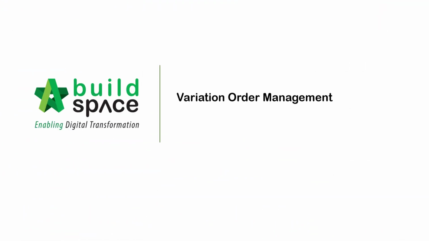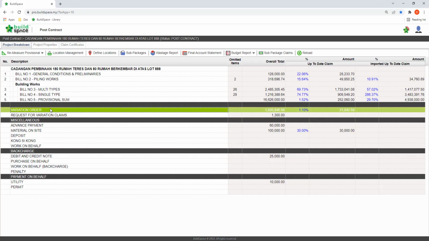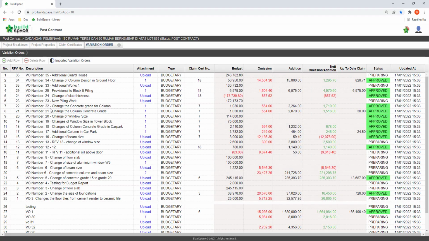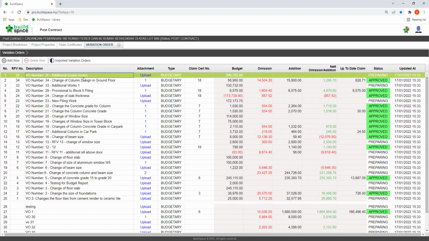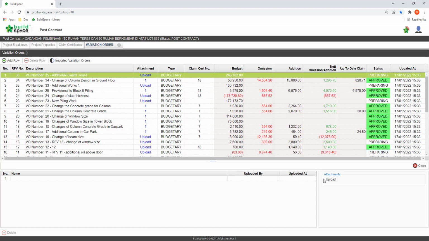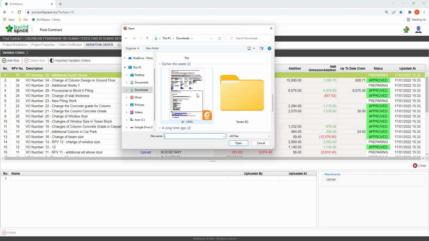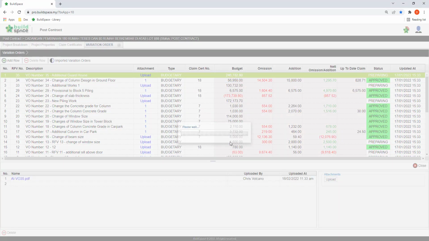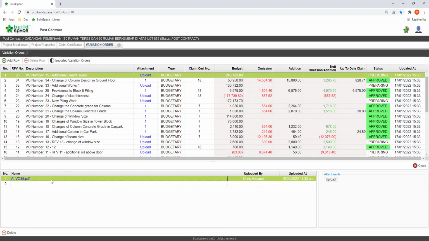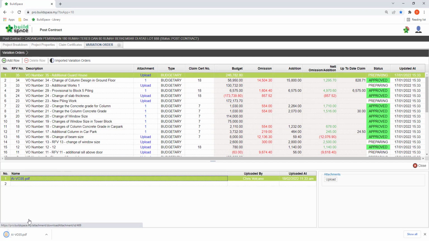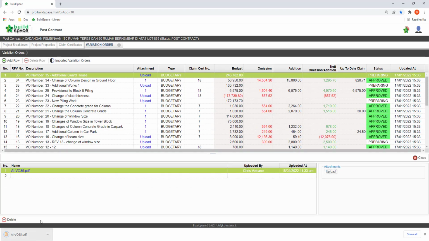Variation should be carefully and properly managed to ensure the project's profitability is not affected when there is a change instructed by the client. BuildSpace provides the user a master list of all the VOs created in the system and allows the user to attach all the supporting documents to support each of the VOs. It also allows the user to easily retrieve all the records